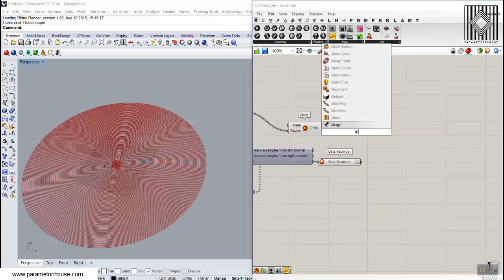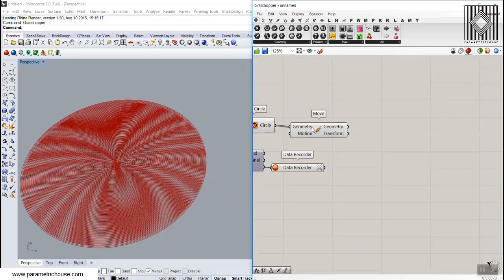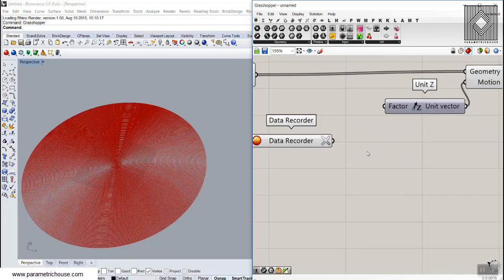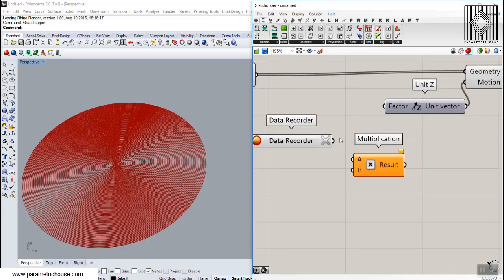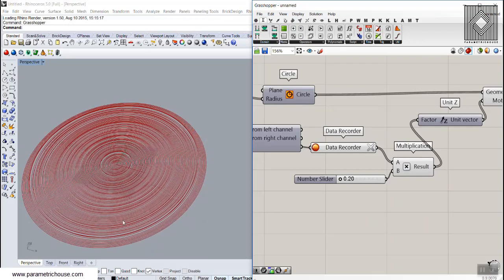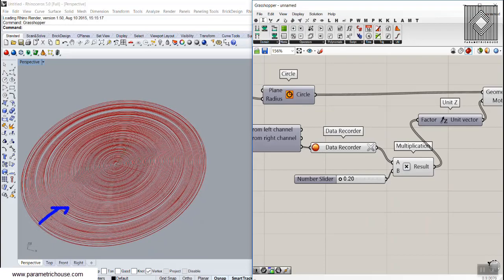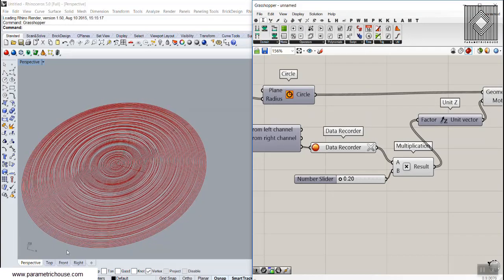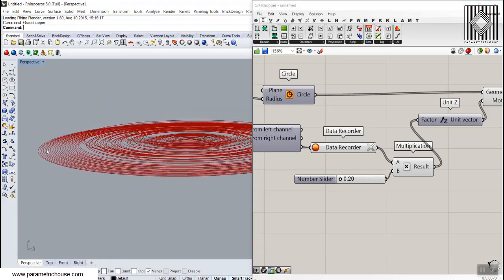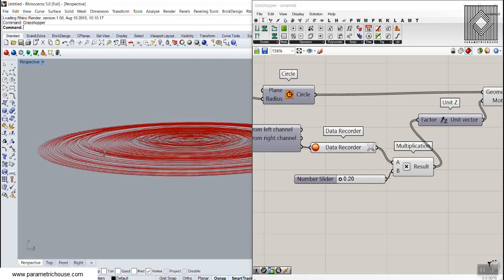We can move them easily in the Z direction, and we can even multiply a number to this data, so we can control it maybe from 0.2 to 2,000 and give this to the Z. Okay, and just turn this off, and you can see that my sound is coming from the borders into the inside of the circle. So when I just talk, you can see it goes up and down, and I didn't talk for that little short while.